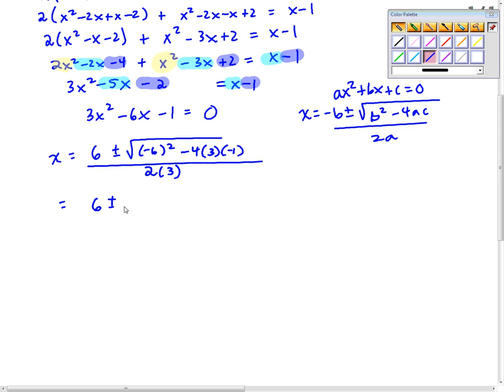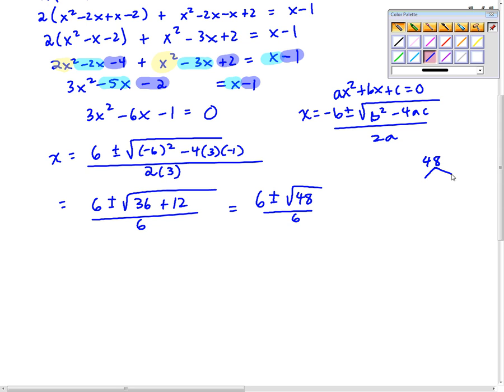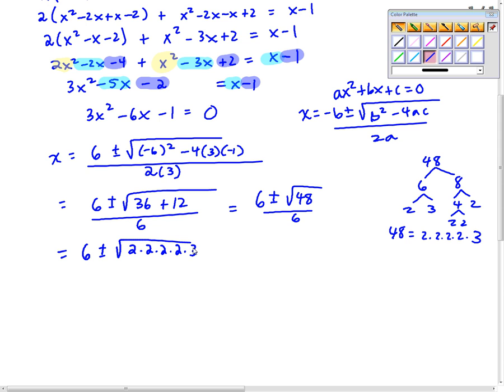So this is 6 plus or minus the square root of 36 plus 12 all over 6. So this is 6 plus or minus the square root of what? 48 over 6. Square root of 48. That's 6 times 8. 6 is 2 times 3. 4 and 2. 2 and 2. So 48 is 2 times 2 times 2 times 2 times 3. So this is 6 plus or minus the square root of 2 times 2 times 2 times 2 times 3